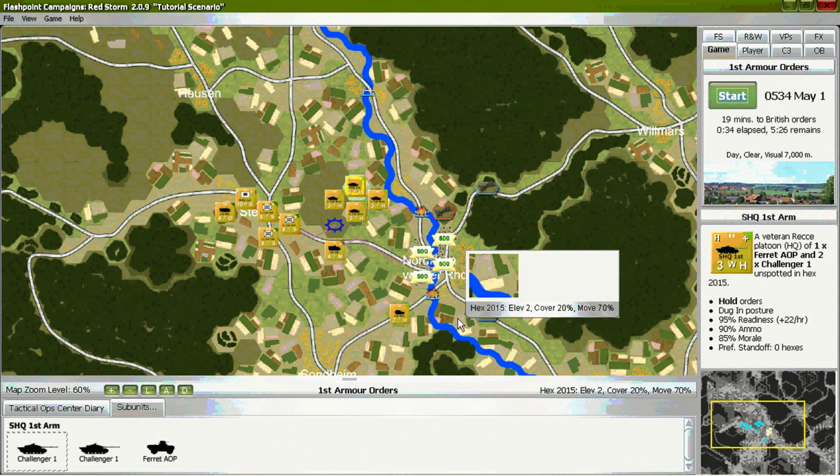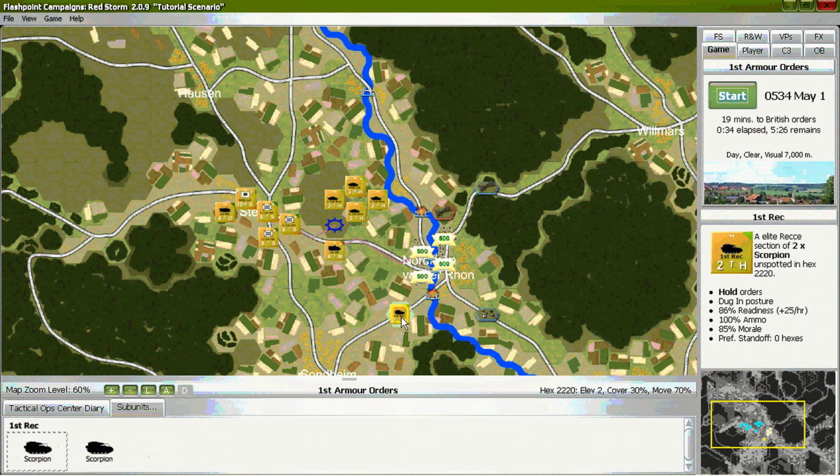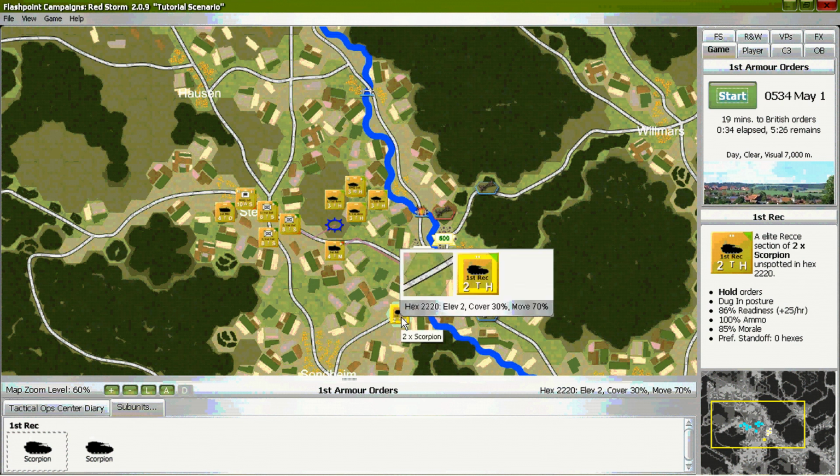34 minutes into the scenario, and still no contact with Soviet forces as the first reconnaissance unit arrives at its objective area and digs in.